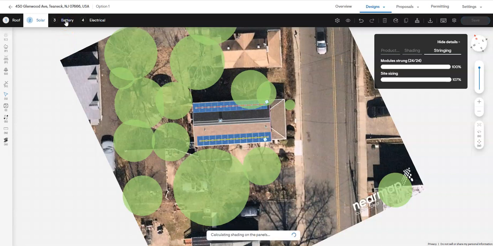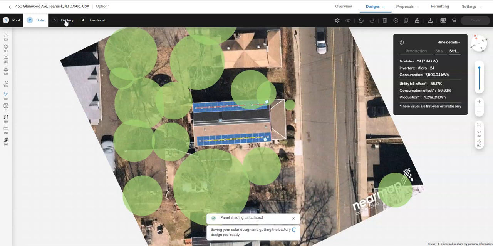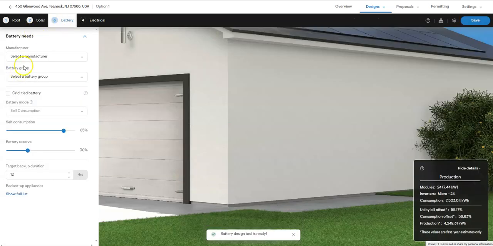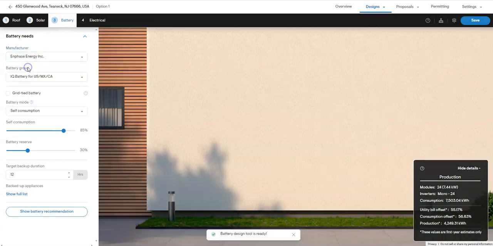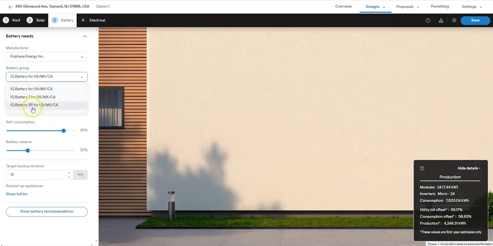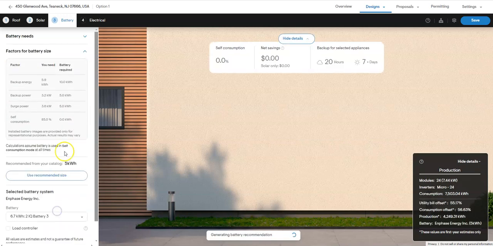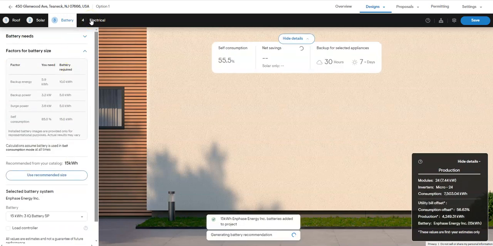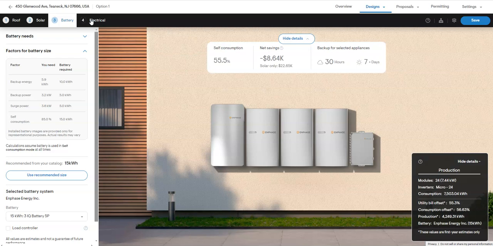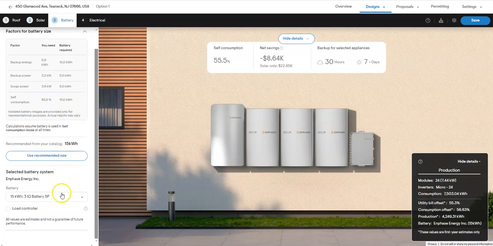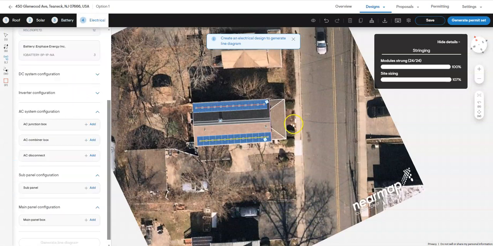Next, we'll go to a battery. And we're going to go ahead and do a full home backup here. We'll go ahead and use Enphase batteries. We'll do the 5Ps. We'll show recommendations. I didn't put my loads in this example here, so do please ignore the net savings. So we'll go ahead and have the IQ battery 5P, hop over to our electrical,